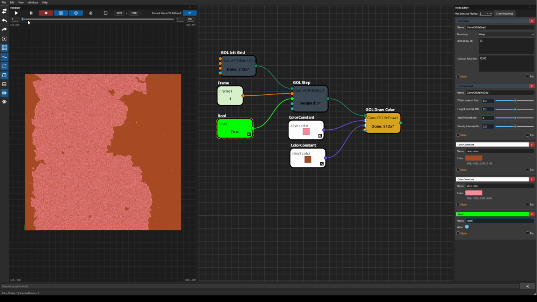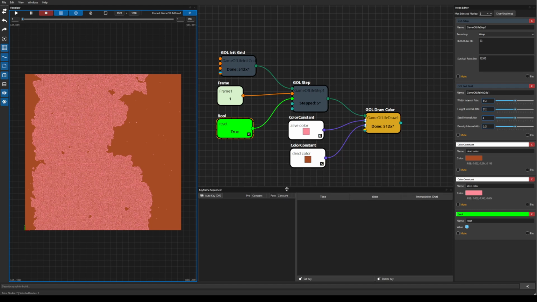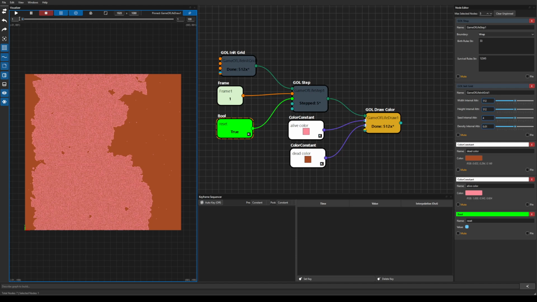So I'm just going to go back to the first frame, and I'm going to bring up the keyframe sequencer, and I'll make sure I'm on frame 1, and I'm just going to right click on the bool node, click animation, and I'm going to animate this value by clicking animate value bool. By default, it would have added a key on frame 1 and the value is true. I actually want to make this false,